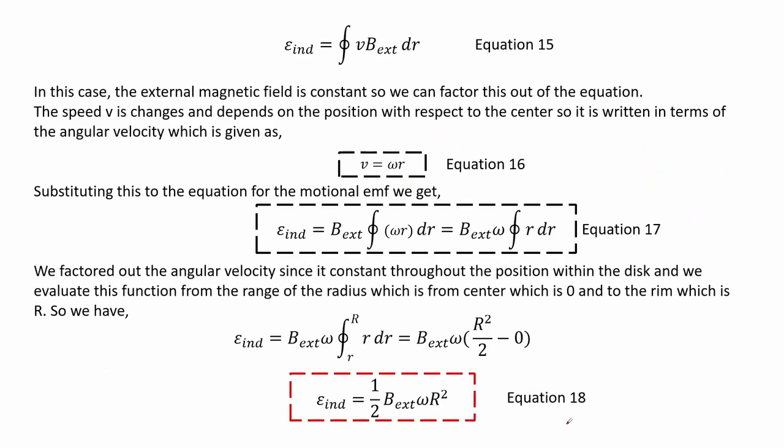In this case, the external magnetic field is constant, so we can factor this out of the equation. The speed v changes and depends on the position with respect to the center, so it is written in terms of the angular velocity, which is given as equation 16. Substituting this into the equation for the motional EMF, we get equation 17. We factored out the angular velocity since it is constant throughout the position within the disk, and we evaluate this function from the range of the radius, from the center, which is 0, to the rim, which is r. So we have